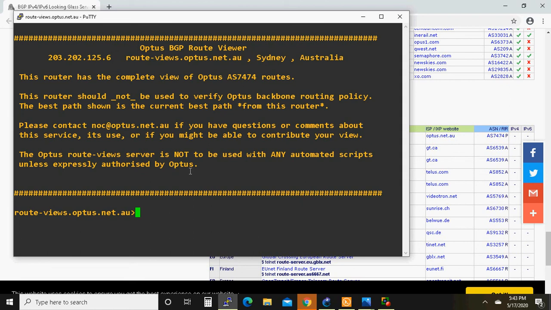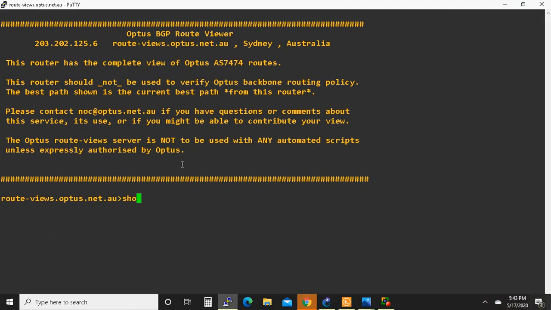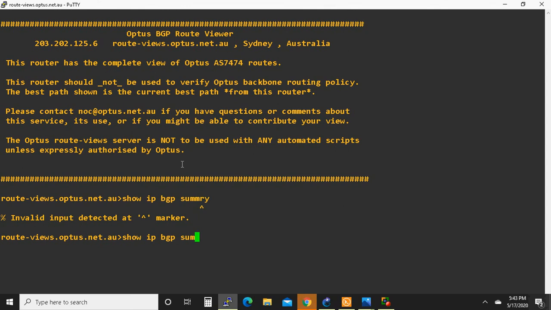Okay, so this is the public BGP looking glass server for Australia, Sydney. Here I'm going to give show ip bgp summary. Enter.